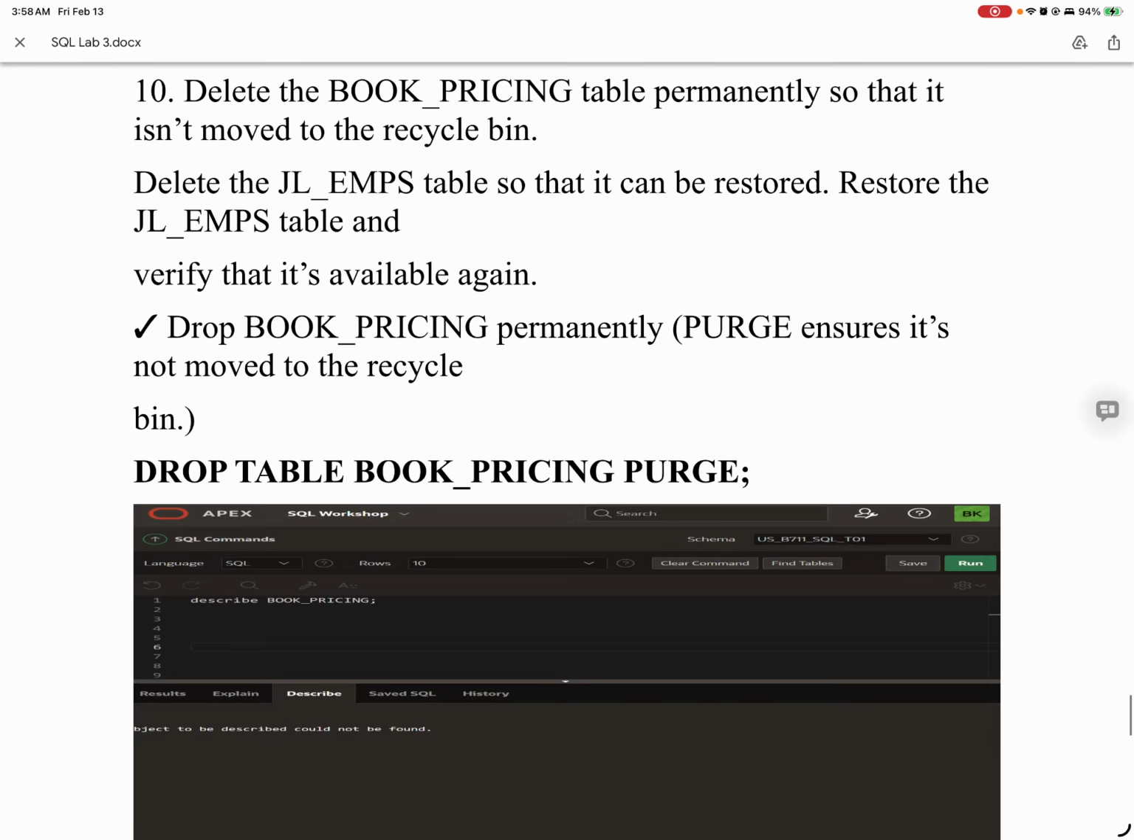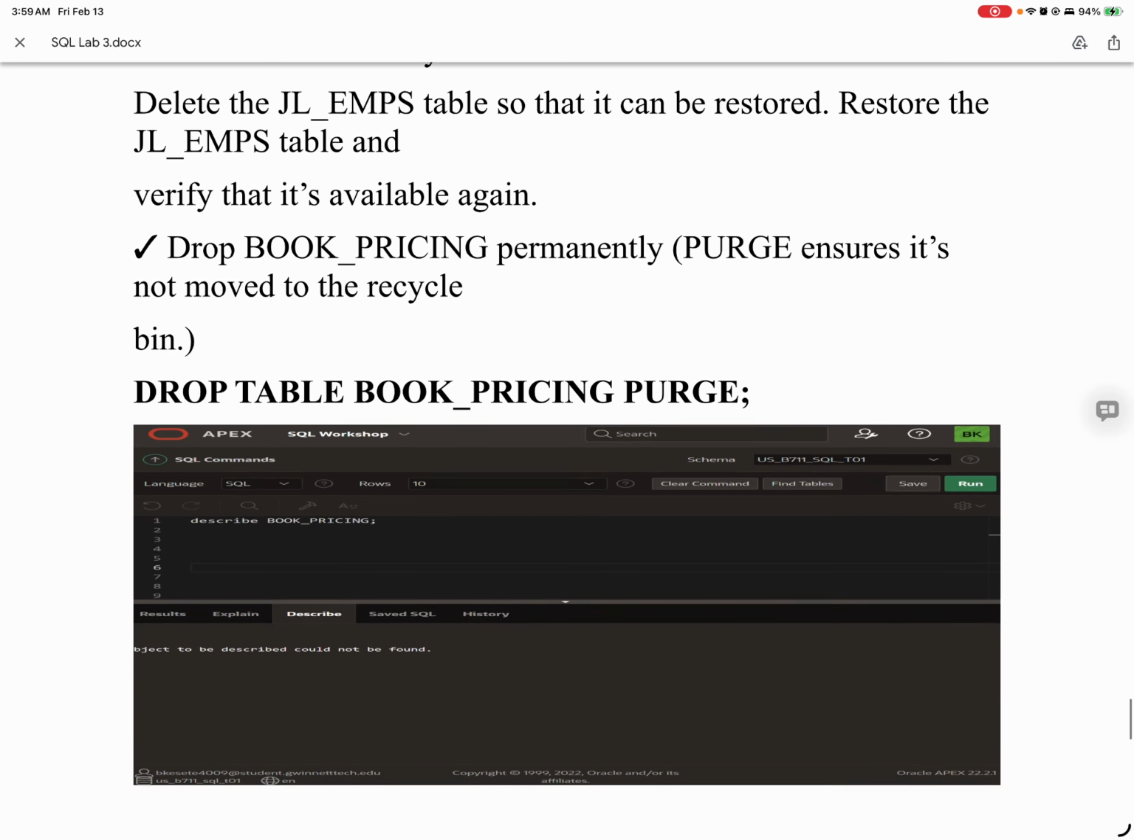Number 10, delete the book pricing table permanently so that it's not moved to the recycle bin. And the other question is delete the JL underscore EMPS table so that it can be restored. Restore the JL underscore EMPS table and verify that it's available again. Okay, so to permanently